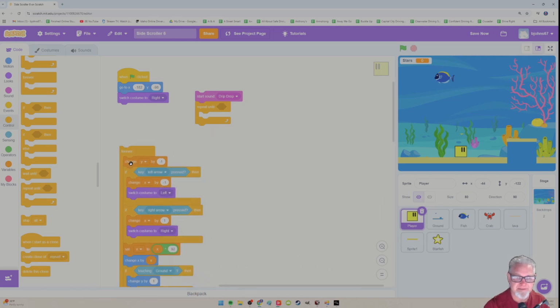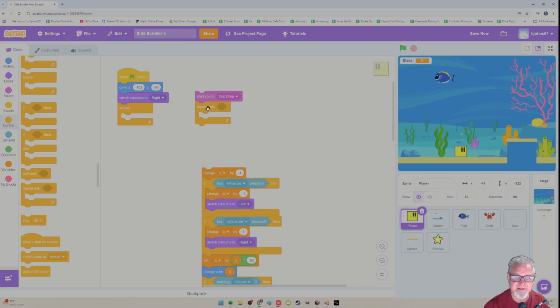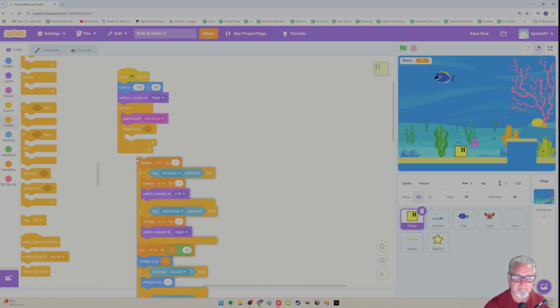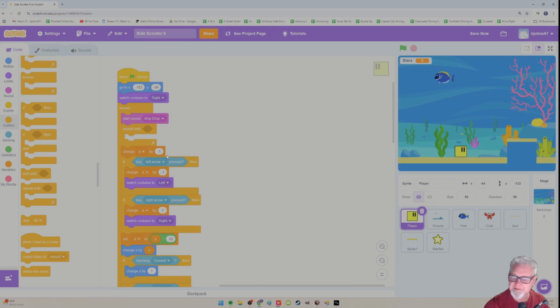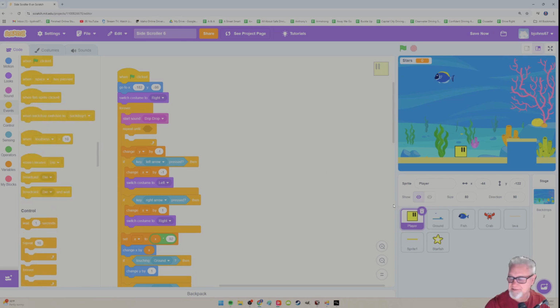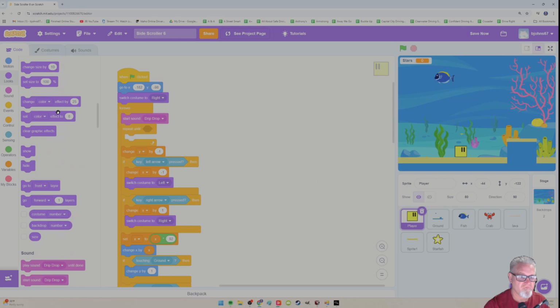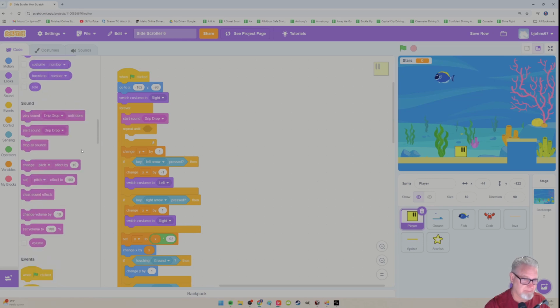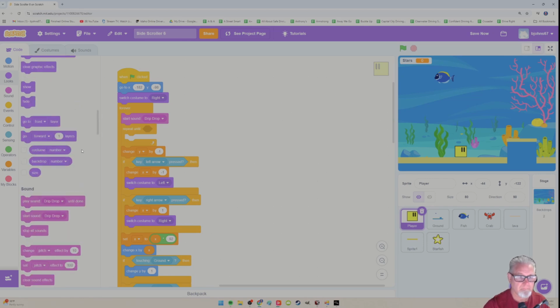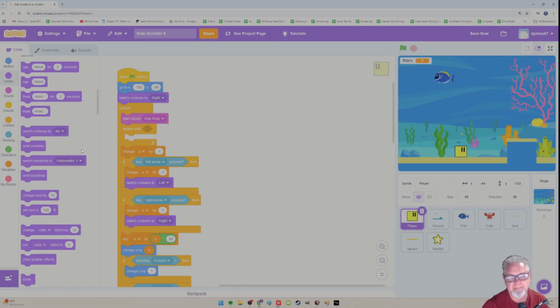So that probably does need to be in the forever loop. We can just, no reason to do that. Forever, start drip drop. Repeat until what? Repeat until another sound plays. Repeat until the game is finished. Repeat until. So coding on the fly here for sure, and this is what coding is all about, just using the logic to figure out